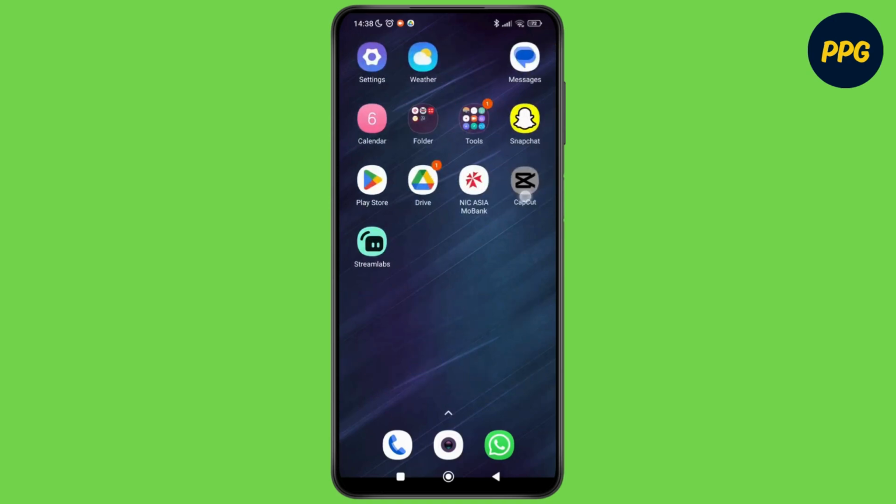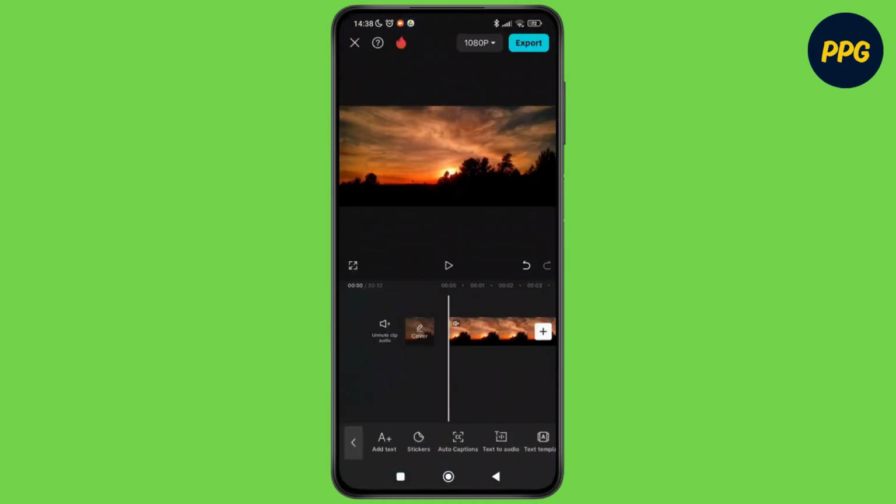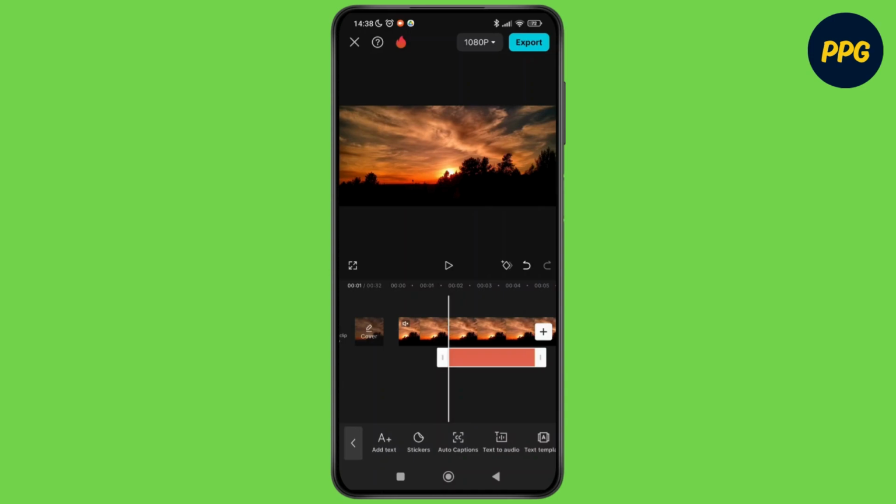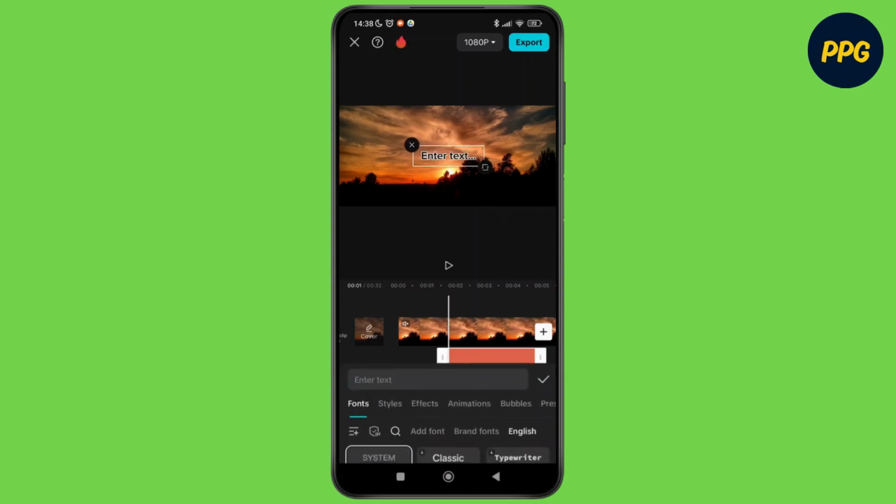Now first of all, go to the CapCut application and select a project that you want to add a bubble text to. After going to the video and the project, then you can select the specific location where you want to add the text to. So for example, if I want to add the text over here, then I'm going to just select the text option, which is at the bottom of the screen, tap on text, then tap on add text, and then